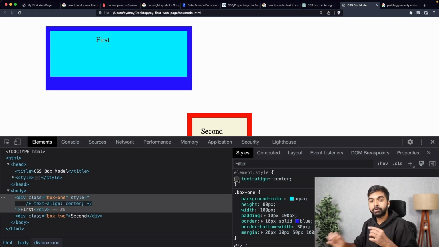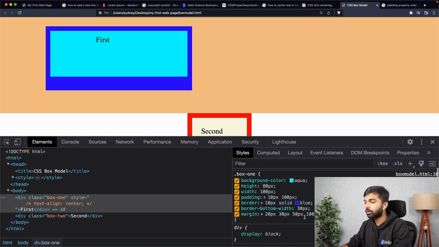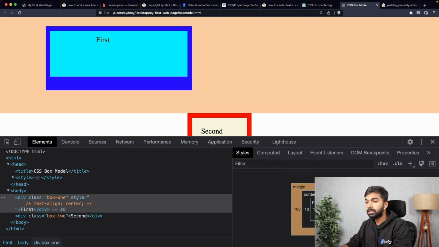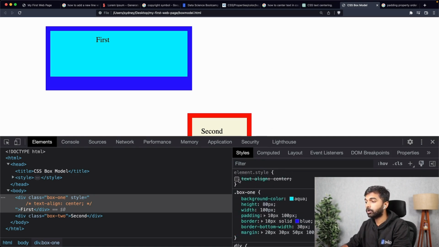So this is a great way to just experiment with your web page in the browser itself before you go back and make some change in your code. Okay. And if you reload the page, all of these changes will go away. But the box model is useful to explore. Then the CSS properties are useful to explore, and you can also add additional properties, or you can change the